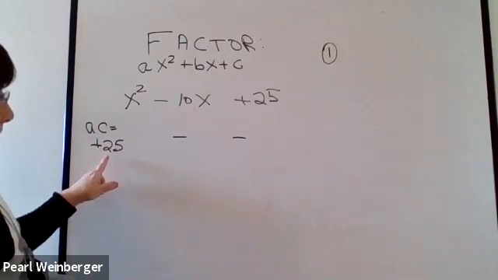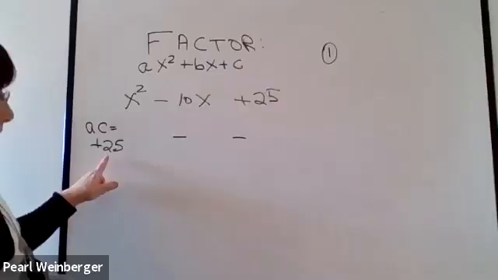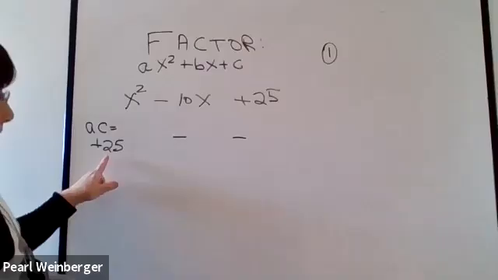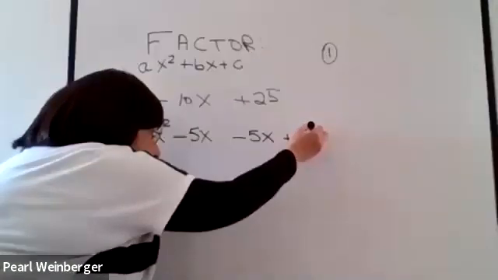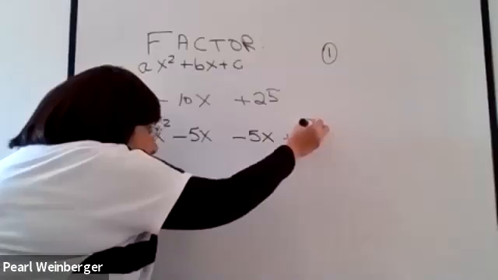Then I look for two numbers that multiply to 25. This has to multiply to this AC. And since it's positive, it has to add to the 10. So 5 and 5. What numbers multiply to 25 and bring down the 25? The whole point of this AC business